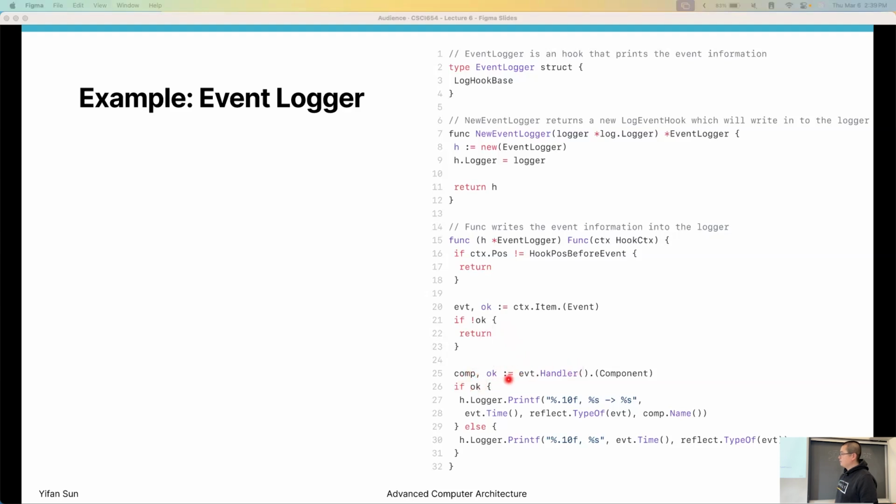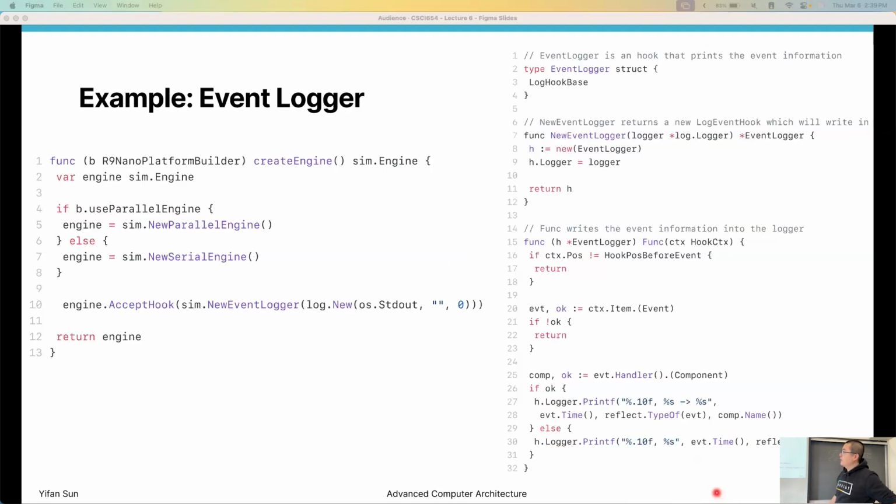Then finally, we print it out, right? We print it out. It just says if this event handler is a component, we record its name. If it's not a component, we don't record its name. Okay. So it's just a little bit more flexible, but basically it's a print. We want to print this. What's the event? What's the time? Right. So this is a very simple, the simplest hook that we have implemented in Go, and